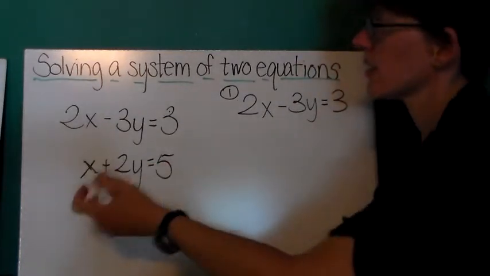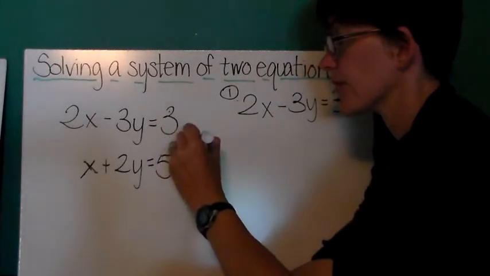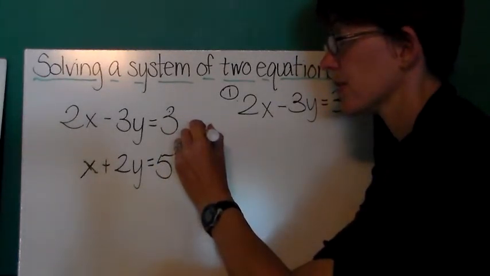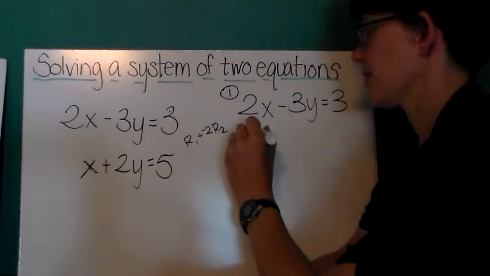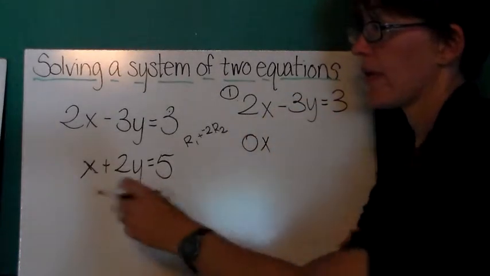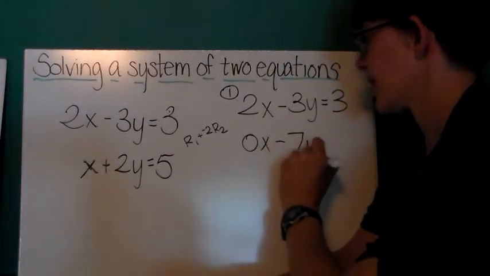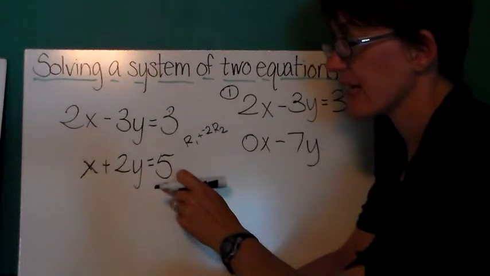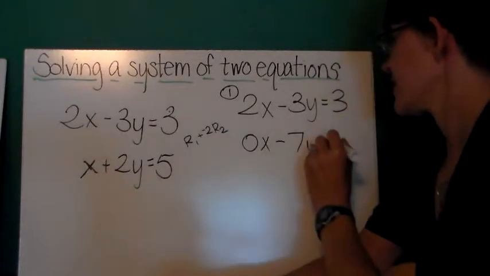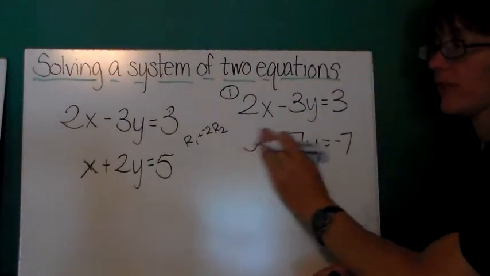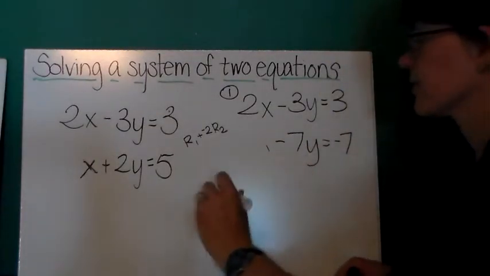My second equation, I'm going to multiply by -2 and add to the first equation. I'll notate that as R1, first equation, plus -2 R2. So I have -2x plus 2x is 0x. Let's see, 2 times -2 is -4, so -3 is -7y. And then 5 times -2 is -10 plus 3 is -7. Okay, so I don't really need this 0x. So I get -7y equals -7. Well, this means